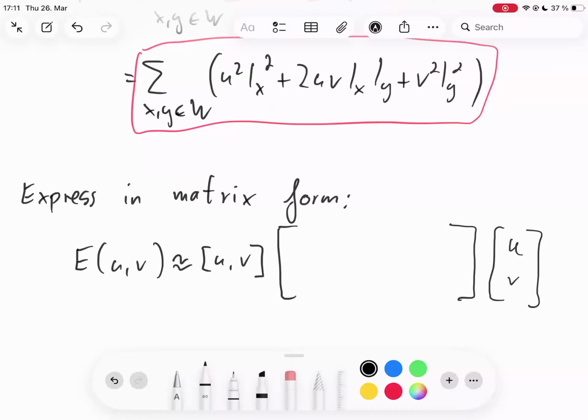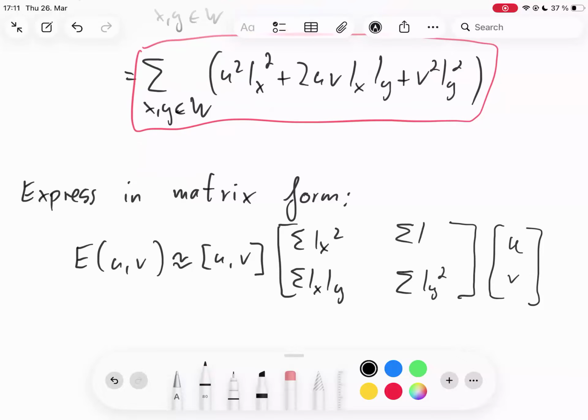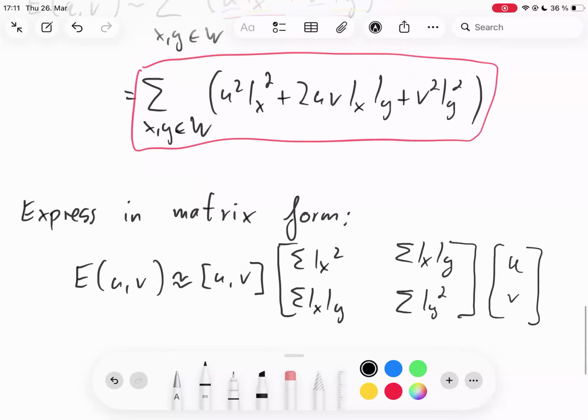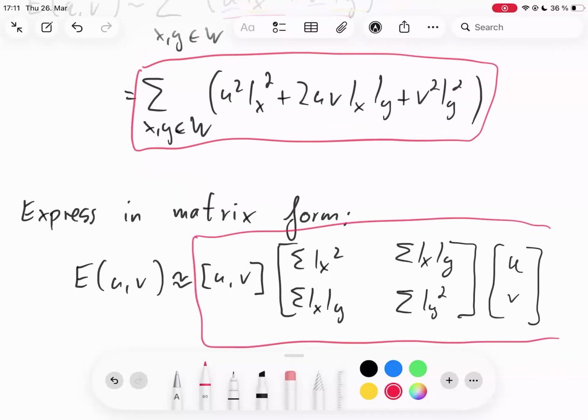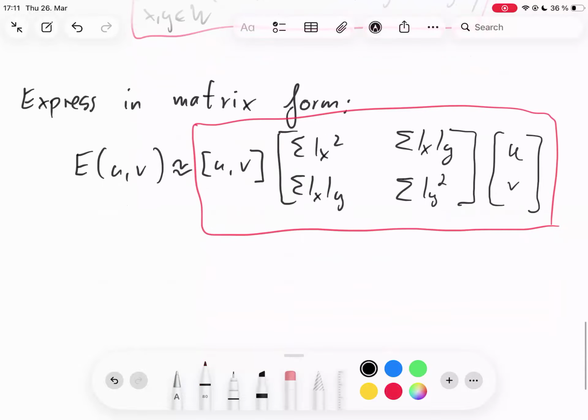And we have 4 elements in this matrix. One is a sum of Ix squared. We have a sum of Iy squared. We have a sum of Ix Iy, and a sum of the Ix Iy. So I have written in this matrix form just the sum from before. You can try this out at home and just multiply this vector with the matrix and then the other vector. We can simplify this and say